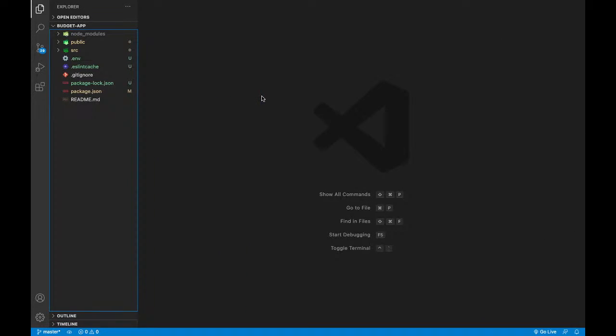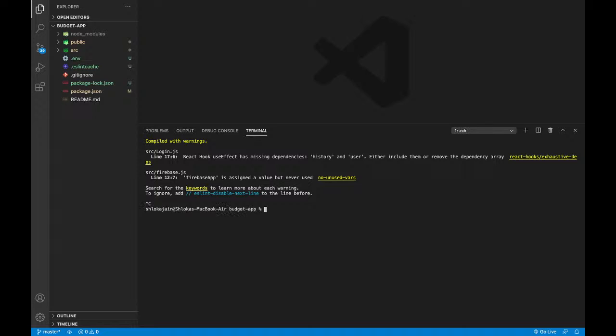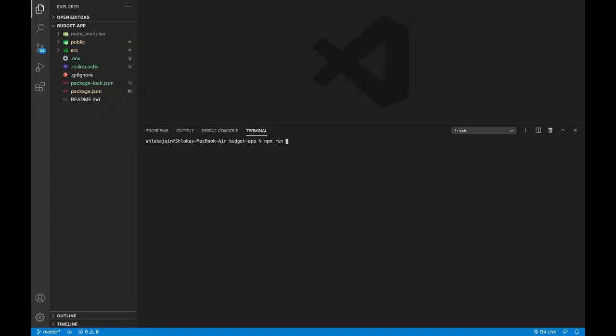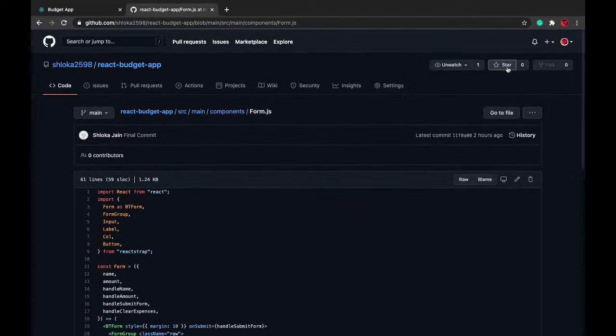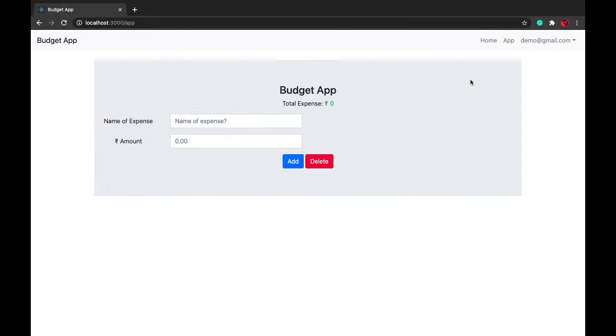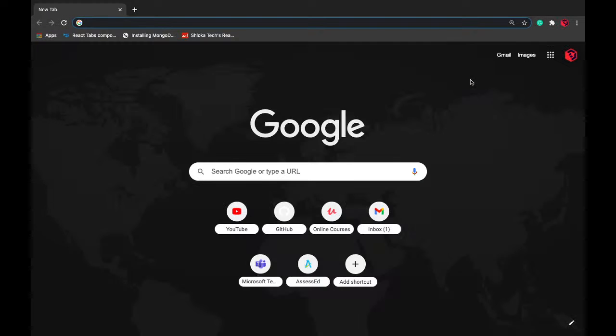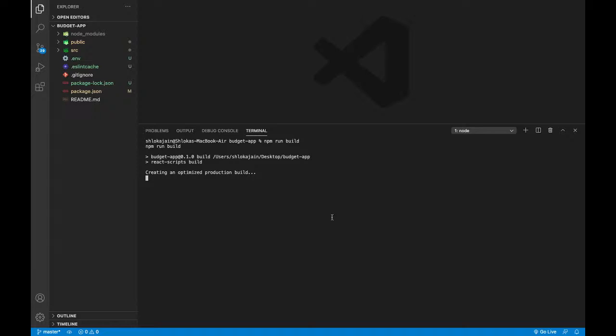So to deploy the app, what you have to do is first close this and do npm run build. You can also close the Firebase console. Simply run npm run build, and what it is going to do is build a static build export of the React app that we made. And till the time that's happening, make sure that